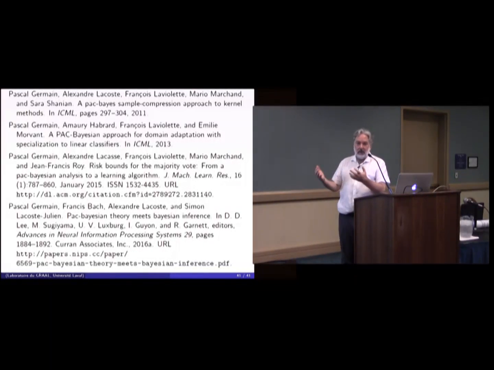So this is the PAC-Bayesian approach. There's a trade-off. You want to be good on your data, okay, you can, but there's a price if your posterior is too far from your prior. If you have a good prior, you are lucky, you can have a posterior that is very close to it, and then you will have a very good generalization bound. But if your prior is bad, then you will not be able to have good generalization if you really want to have a good classifier at the end.